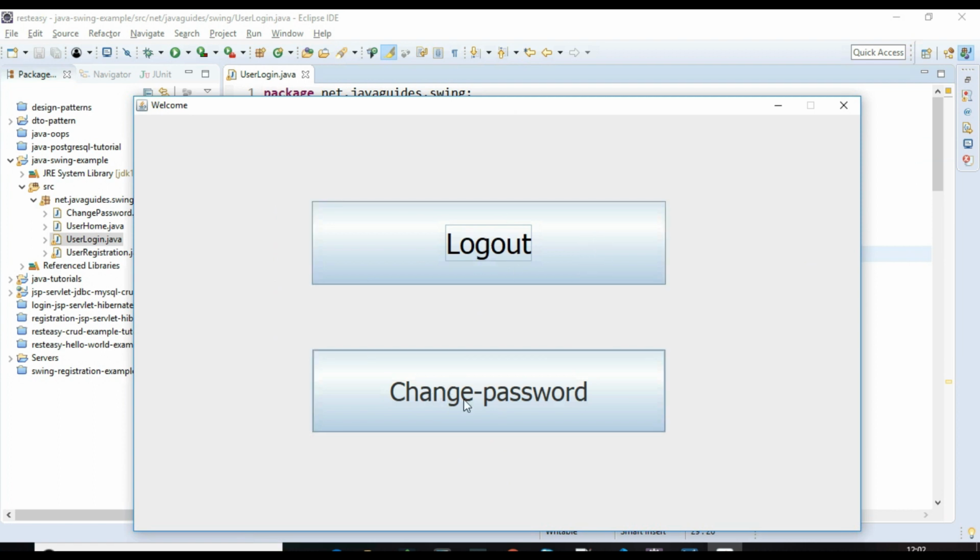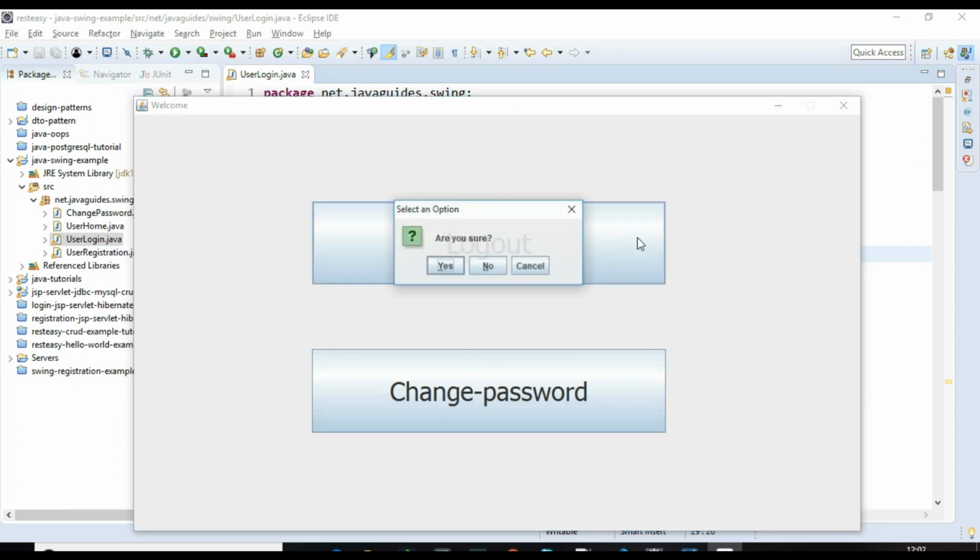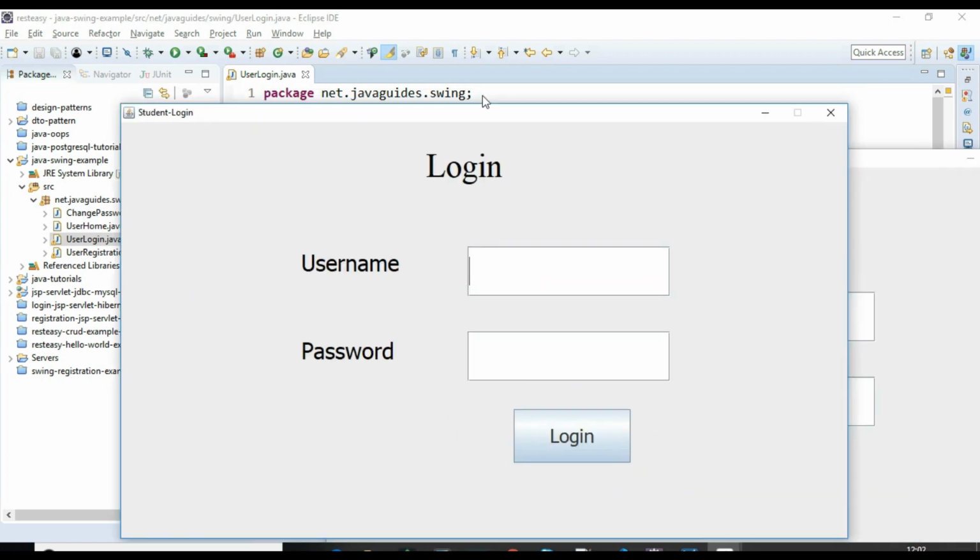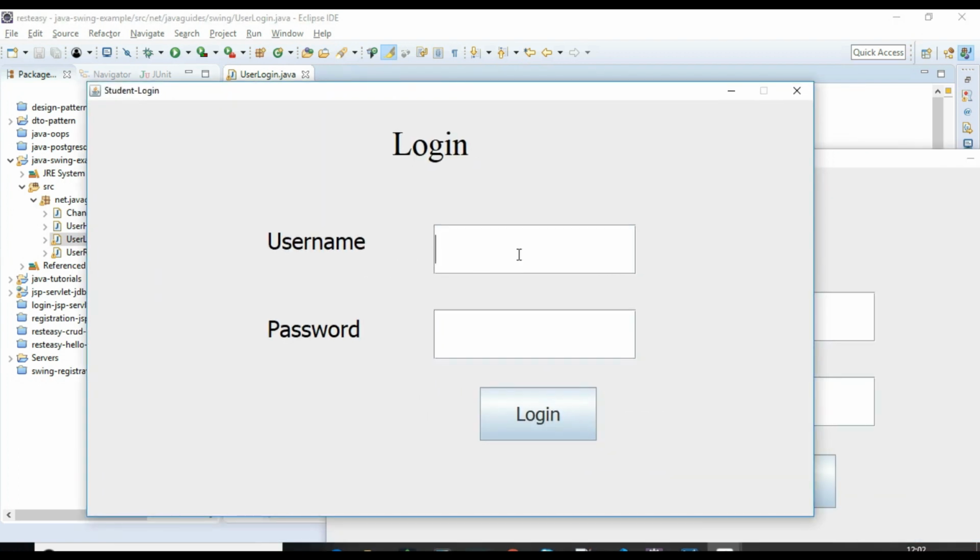or the user can change the password. If you want to log out, just click on the logout button and it will show a confirmation box. Say yes, and it will log out and navigate back to the login screen. Let me log in to this application again,